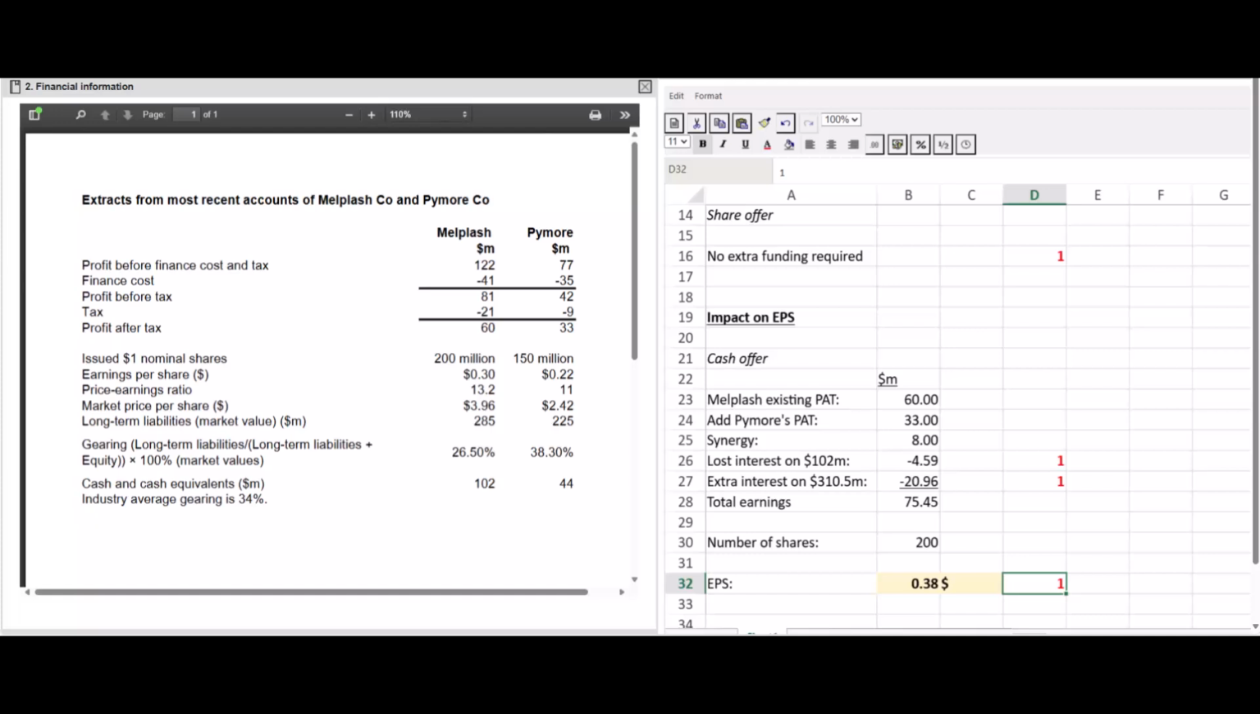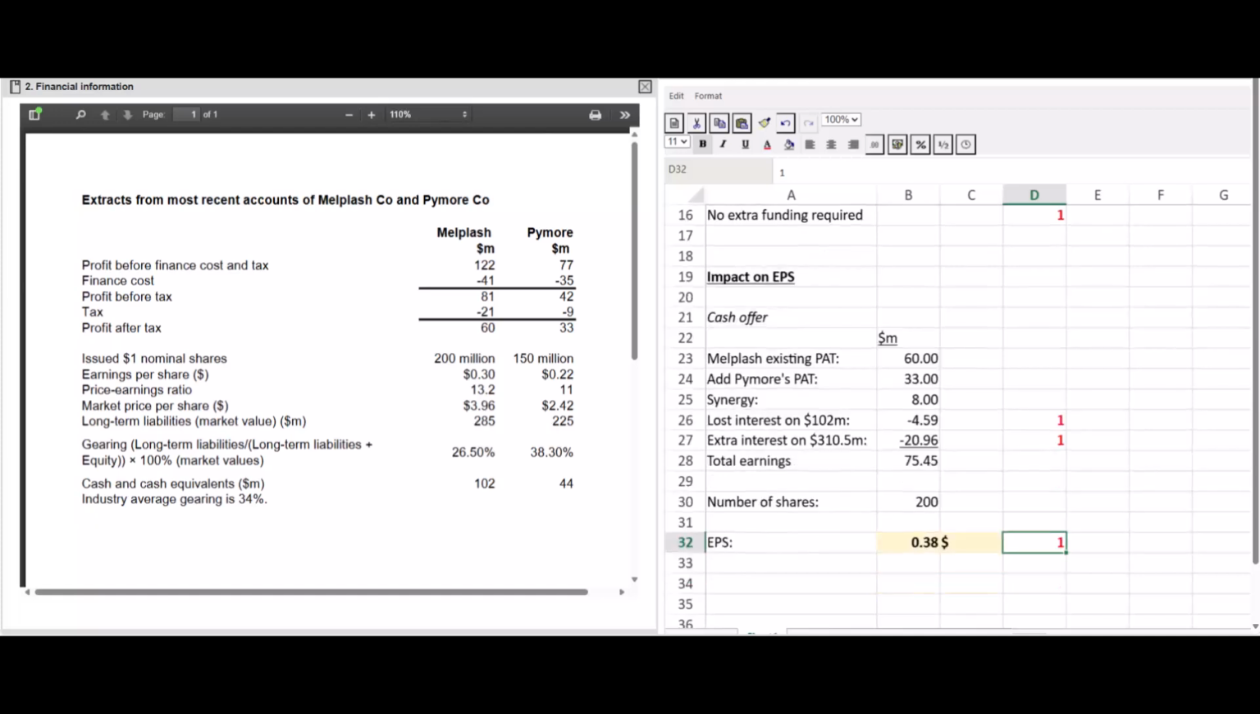So don't forget in AEFM, even if that number wasn't perfect, if you then divided it by the number of shares to get an answer, you'd still get that mark. So just keep going. Never give up. Just keep working through. Even if you didn't get that bit perfect, you still could pick up that mark, which was quite straightforward. Right, now we need to do the same thing for the share offer, which is probably slightly